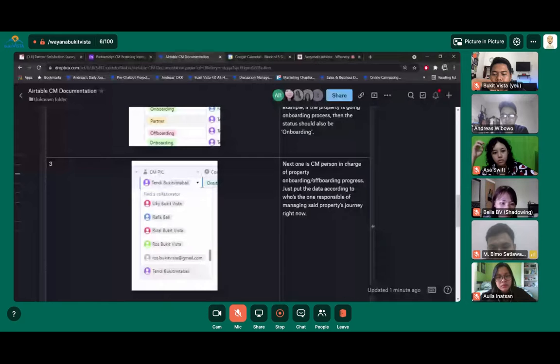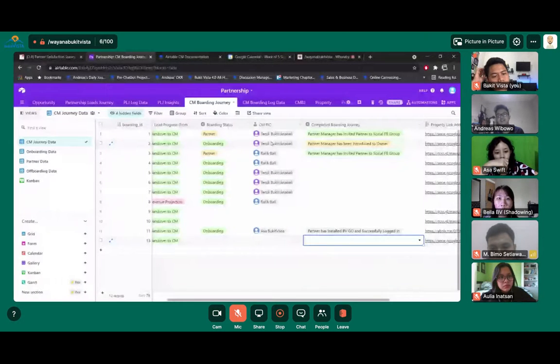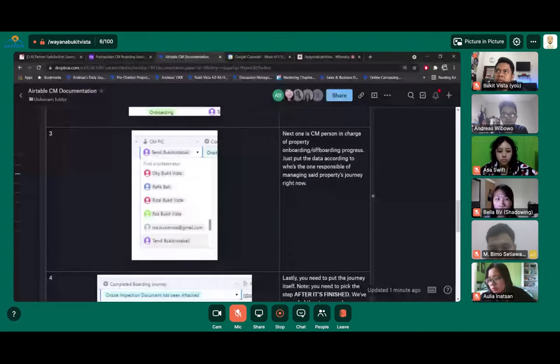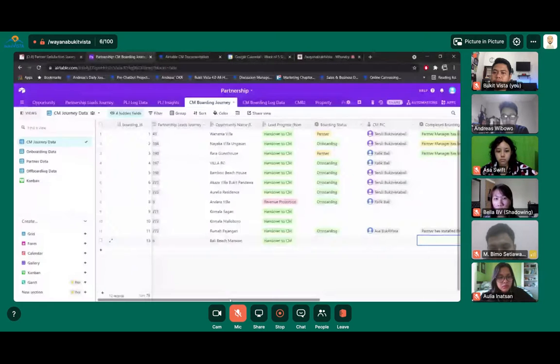After the boarding status, the next one is the CMPIC, or CM person in charge. Just put in who is responsible for managing the property's journey right now. For example, you can see here that Villa RC is tended by Rafiq Bali, or Akaza Villa Bukit Pandawa is in the onboarding steps with Tendi Bukit Vista Bali, like so.